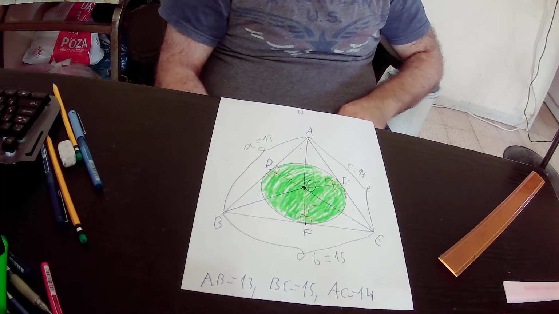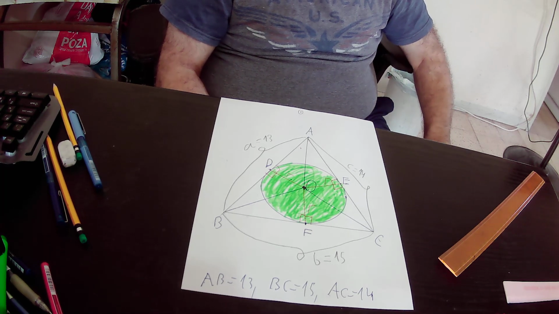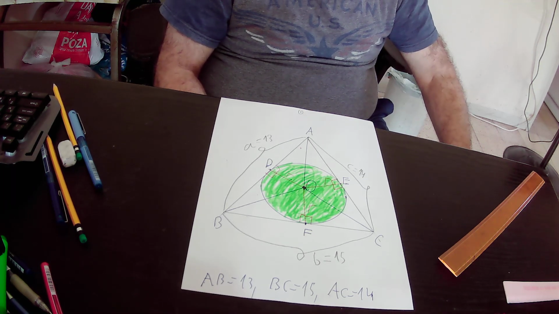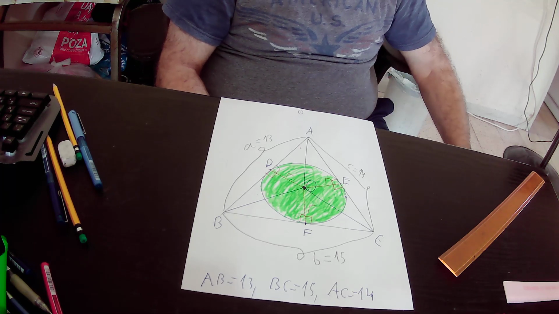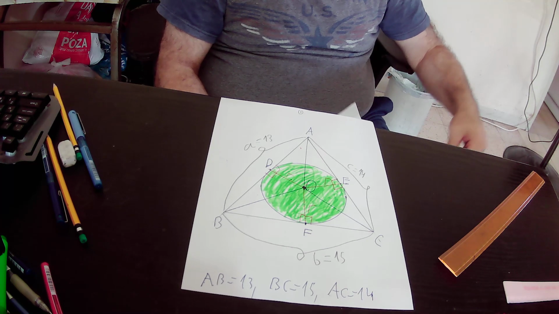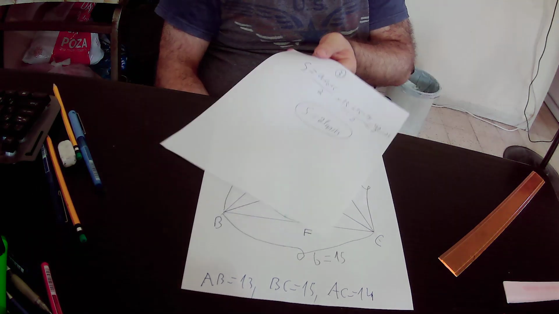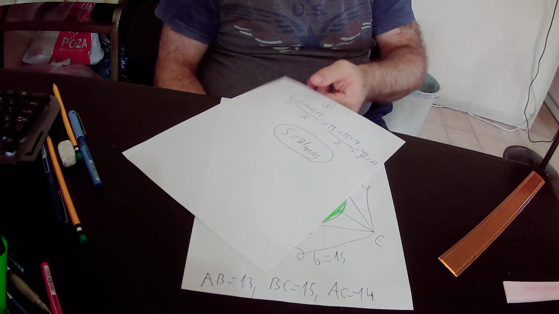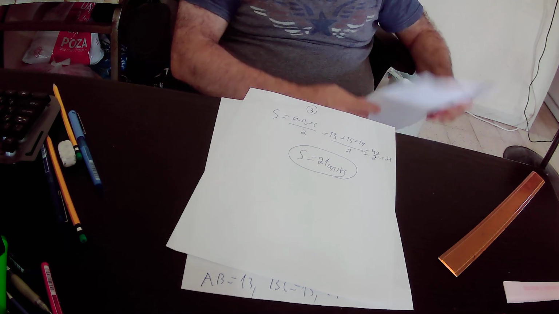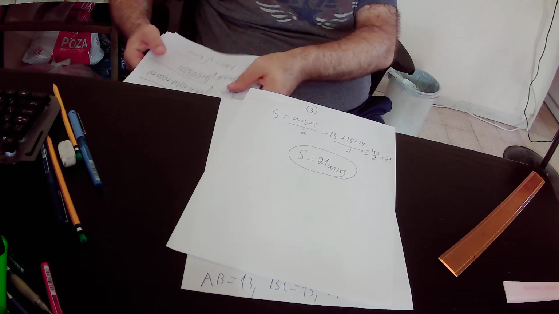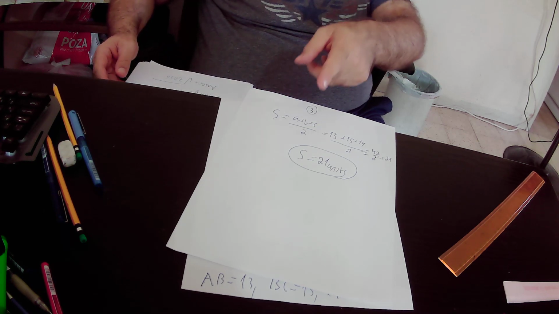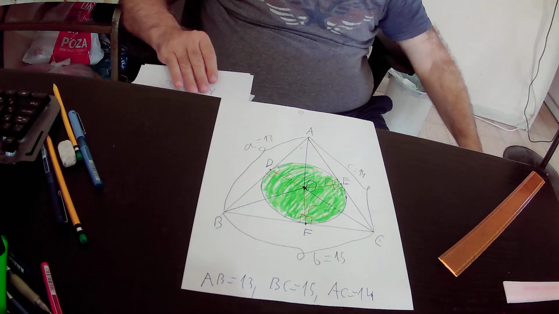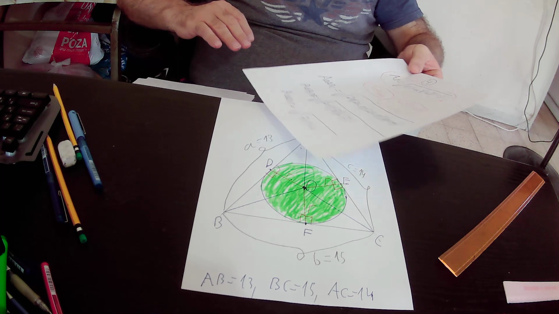Okay, so then we found out the semi-perimeter of our triangle ABC, and the semi-perimeter of our triangle ABC equals A plus B plus C over 2. So the semi-perimeter of our triangle equals 21 units, and then we found the area of the triangle ABC